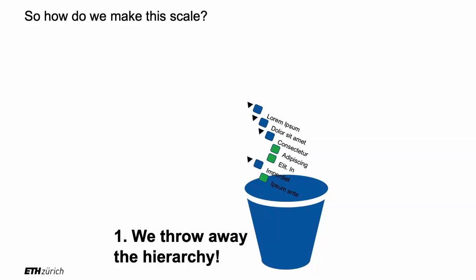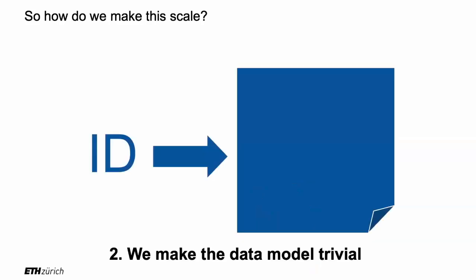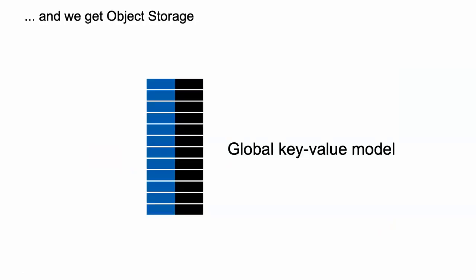We just have plenty of files, flat, right? They all have a name, but that's it. And that makes it trivial. The name is also called an ID, right? An identifier. We just identify every file, every picture, every video, every JSON or XML file. We give it a name, right? It's an ID. So we make it super simple. What we have is called the global key value model. The key is the name of the file, and the object, the value, is the file itself, right?